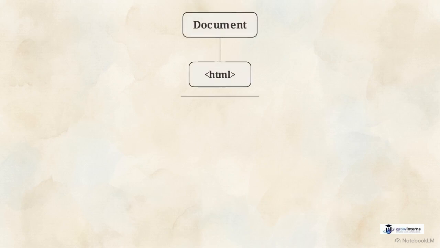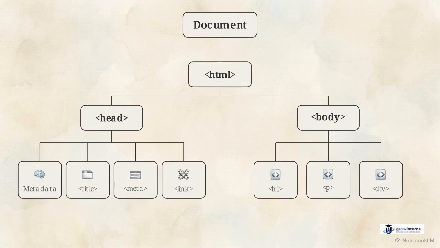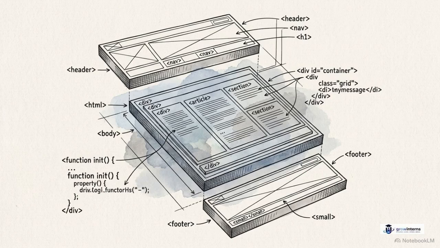Looking at this diagram, you can see how the completed boilerplate maps perfectly to the document object model. The root HTML element splits neatly into the invisible rule-setting head and the highly visible content-rich body. Internalizing this exact skeleton is your absolute prerequisite for building any robust, production-ready